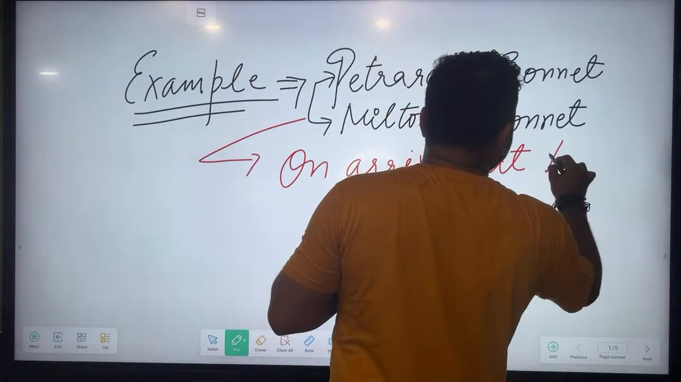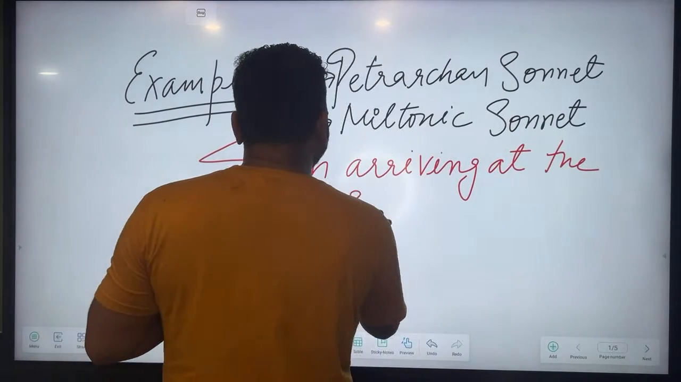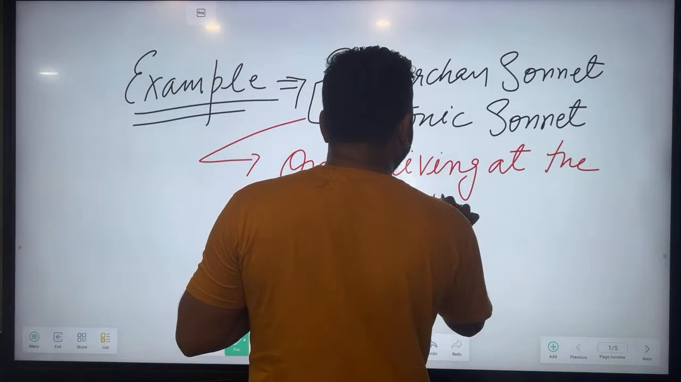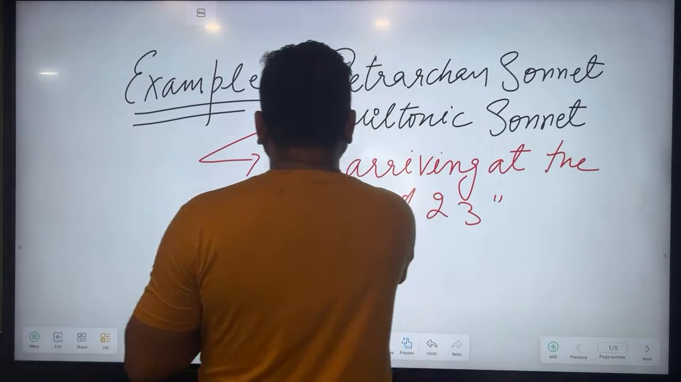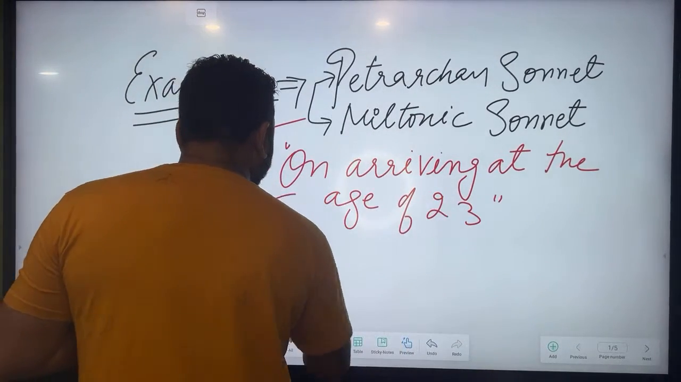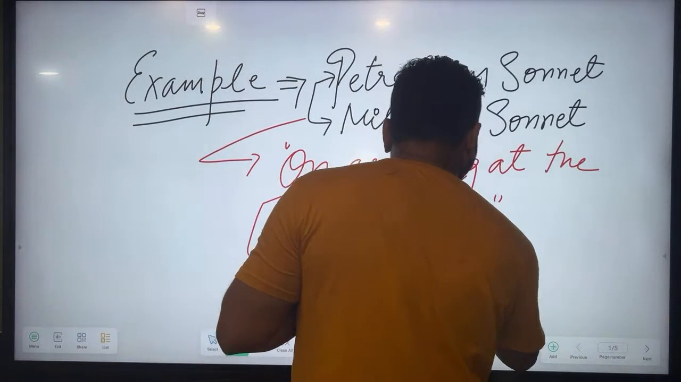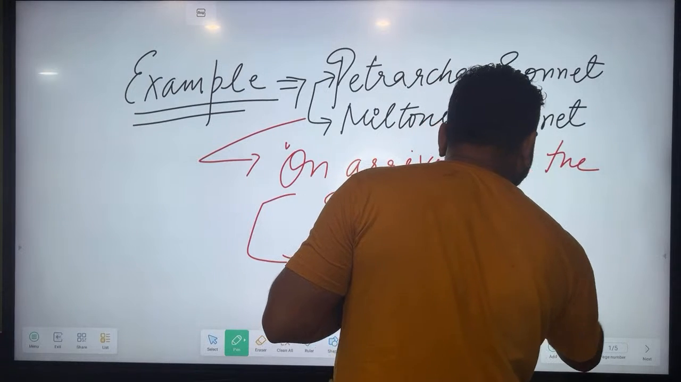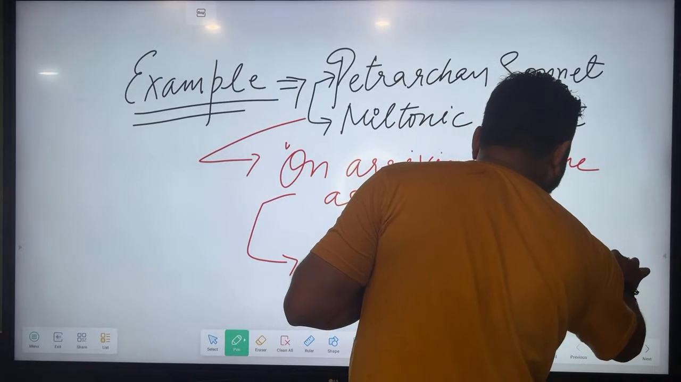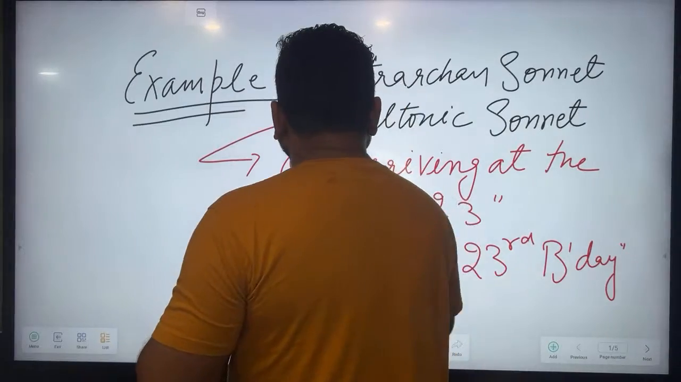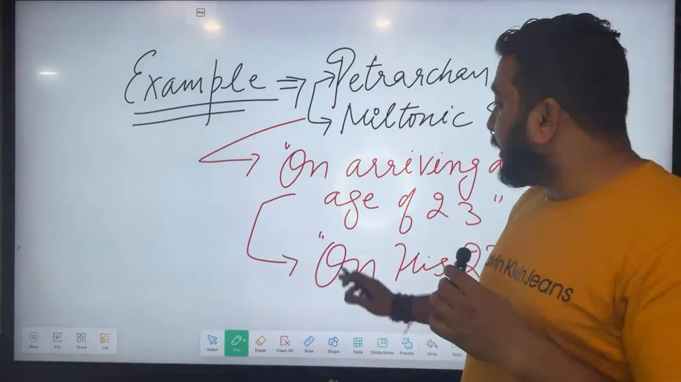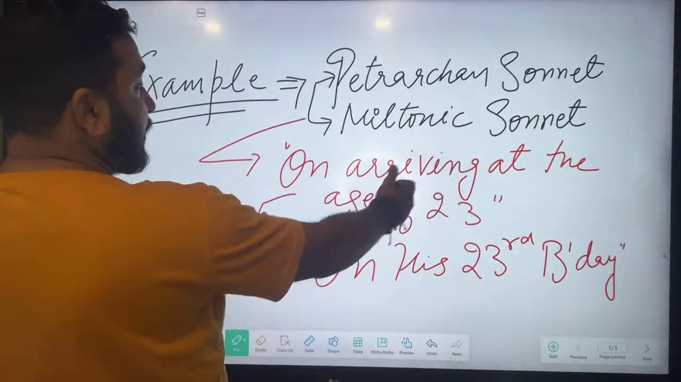at the age of 23. On arriving at the age of 23. In short, this poetry sometimes is called on his 23rd birthday. This poetry is also called on his 23rd birthday. एक्चुअल टाइटल इज ऑन अराइविंग एट द एज ऑफ 23।